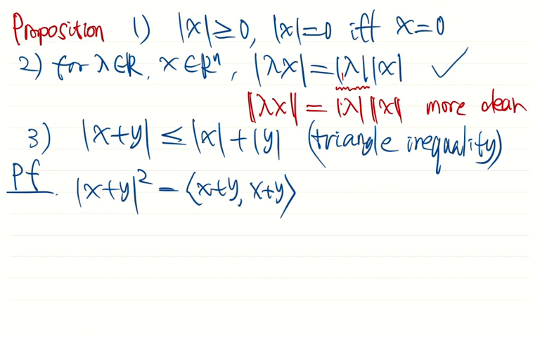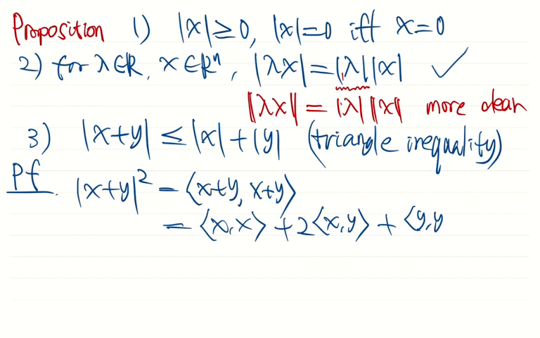Then by the property of the scalar product, the right hand side equals xx plus 2xy plus yy. This is by the Cauchy Schwarz inequality,